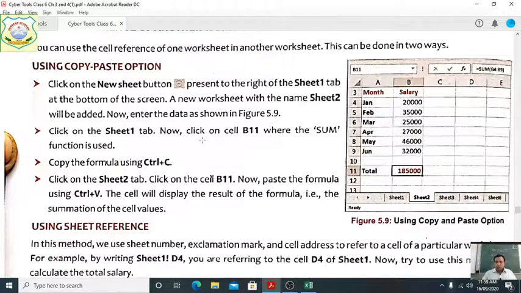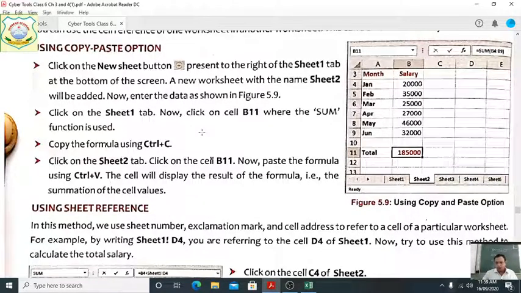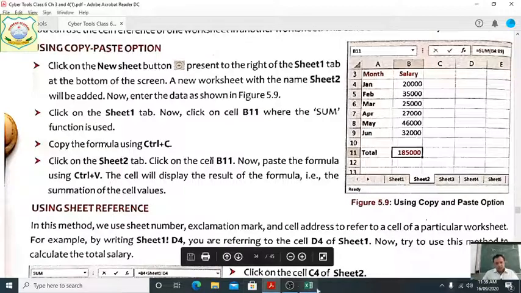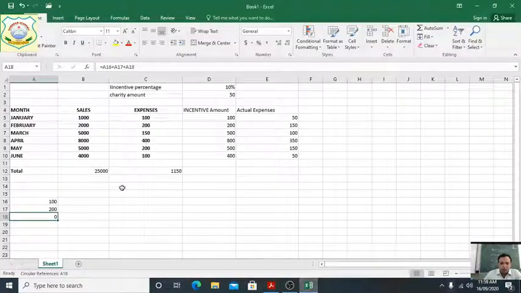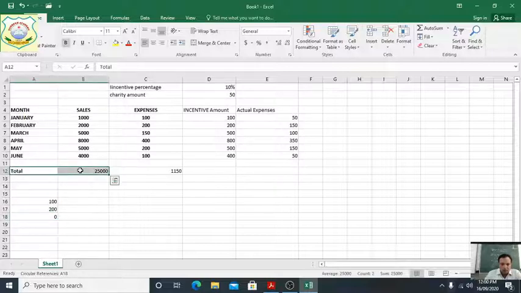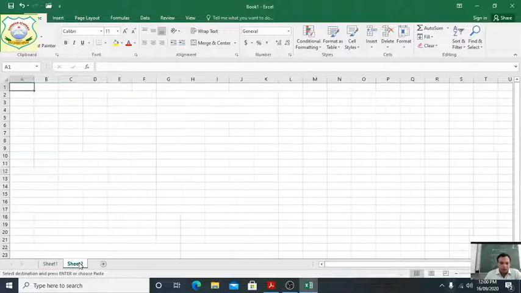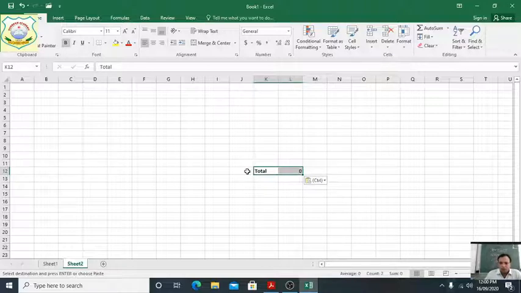Now, using the copy paste option, students, you have done the copy paste option. Okay, again I am repeating. Suppose here total amount. We just copy this one, Control C. Okay, equal sign, 0 will come.